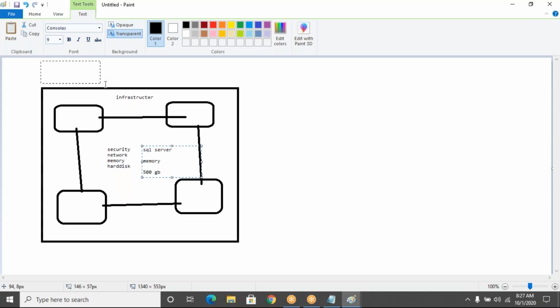One is initial cost, the second is upgradation, and the third is managing.